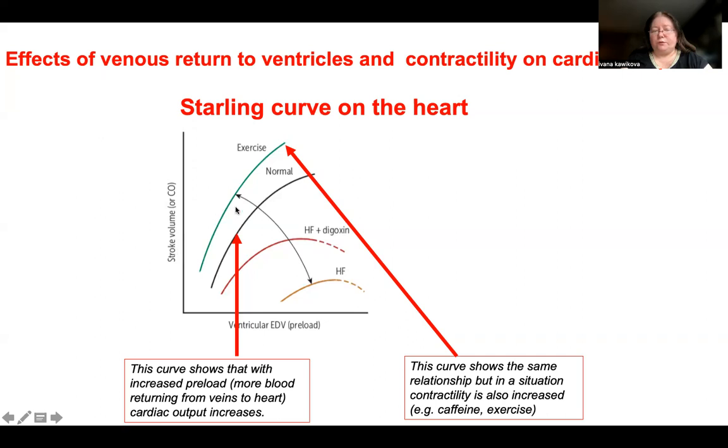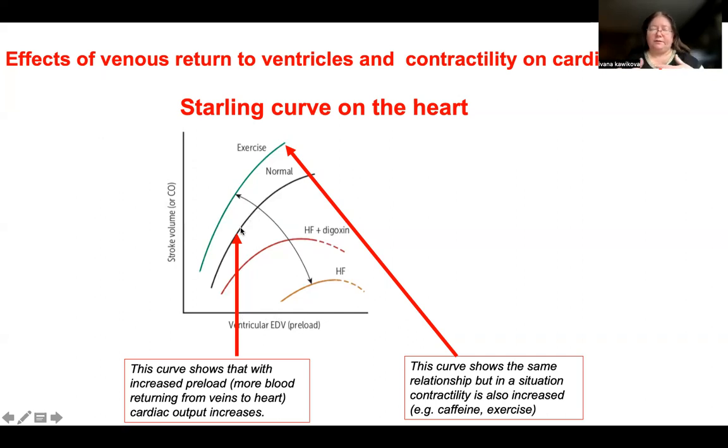So the stroke volume is higher, right? So if you increase the volume at the end of diastole in the ventricle, the more is ejected,